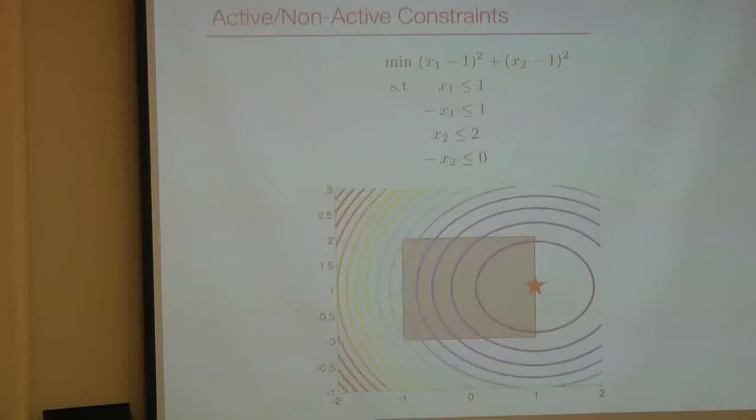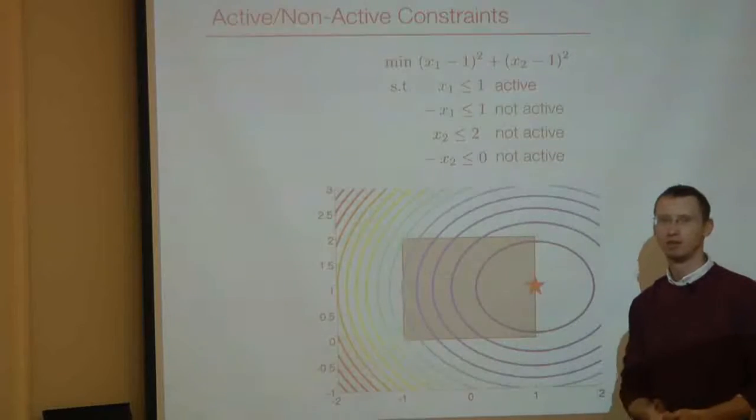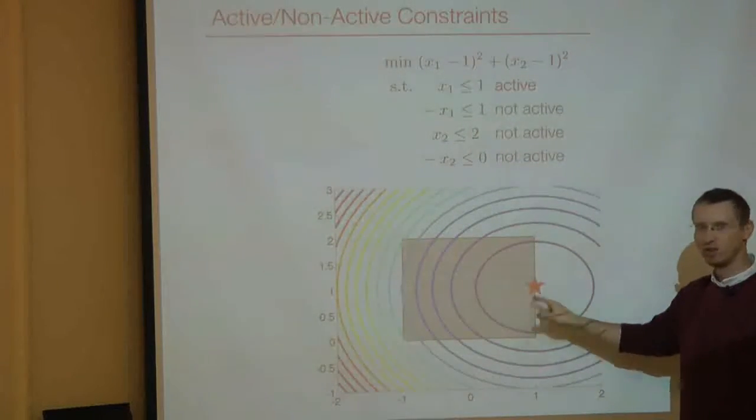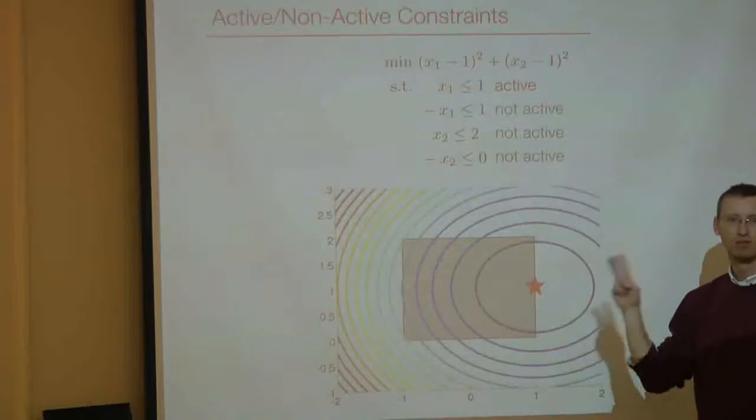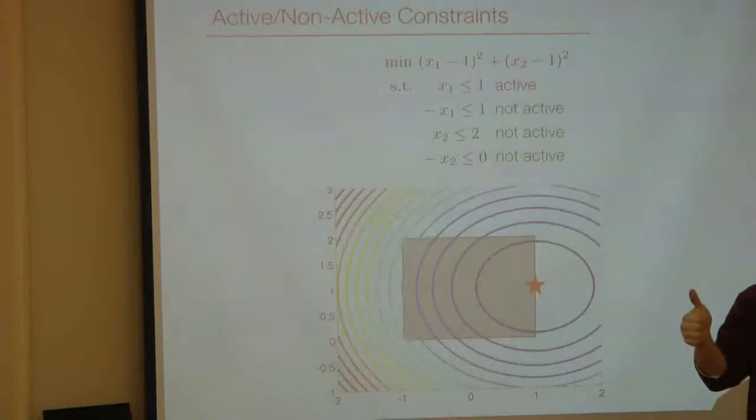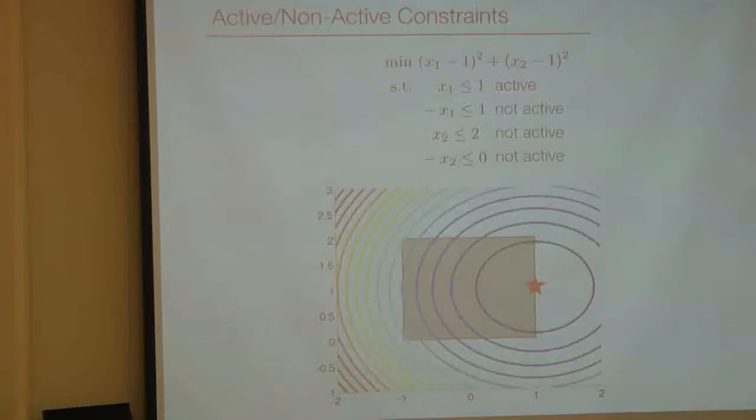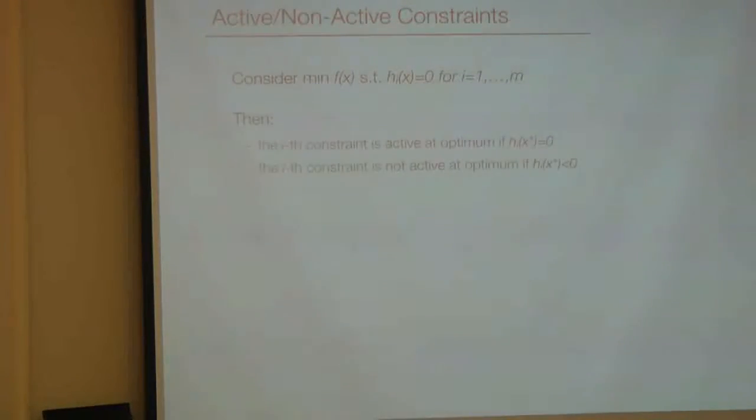We can have a situation like this. How many active constraints are there at the optimum? Exactly 1. And it's the first one. So now think. What if I tell you, without the figure, only that constraint number 1 is active at the optimum? Can you tell me exactly the coordinates of this point? No, because we have 2 unknowns and we only have 1 equality. So there must be some other equations which will tell us exactly where the optimum is situated. And these conditions,